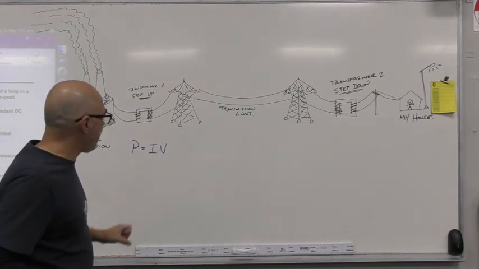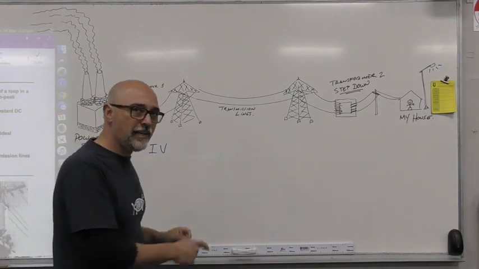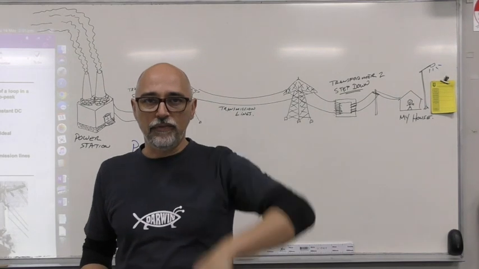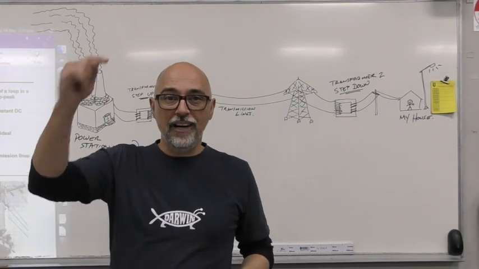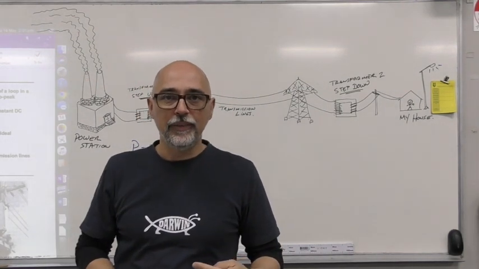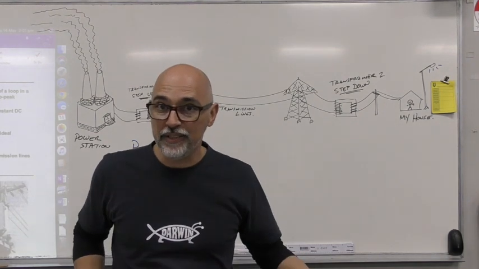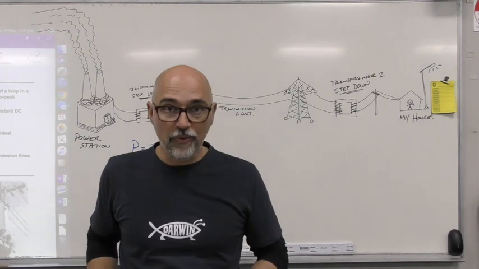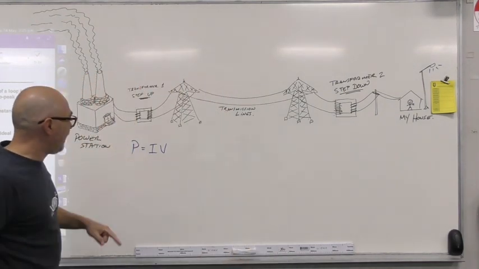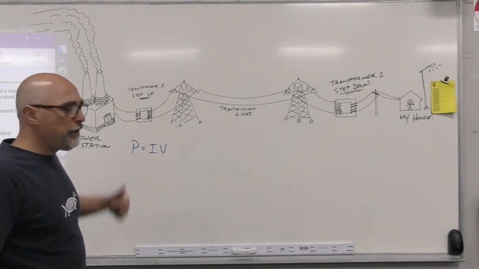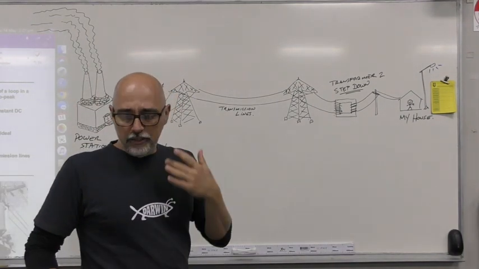So we know that if we can somehow take the power that we get out of the station and crank up its voltage, its current will have to come down in exactly the same ratio as the voltage goes up, and vice versa. It goes both ways, obviously. Now, why is that important? Well, if we could figure out a way of changing voltage and making it go up and down,